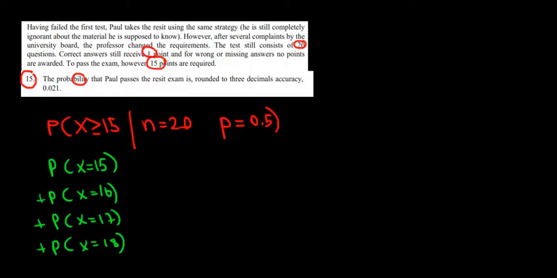Now, if we work out the math here, we would have the following. The probability that x equals 15 under this condition is equal to 0.0148. The probability that x equals 16 is 0.0046. The probability that x equals 17 is equal to 0.0011, and the probability that x equals 18 is equal to